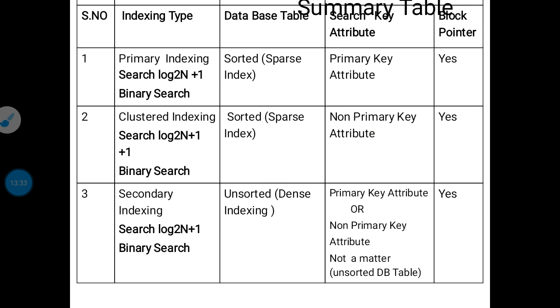Why? Because whatever database table you handle for secondary indexing is unsorted. So this is the summary table. Hope this summary table is very helpful to you for remembering all the things. Thank you so much for listening to me.